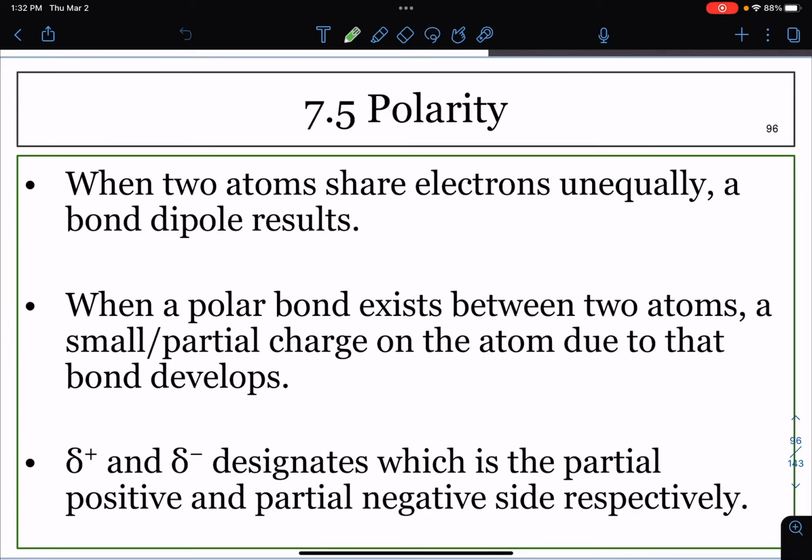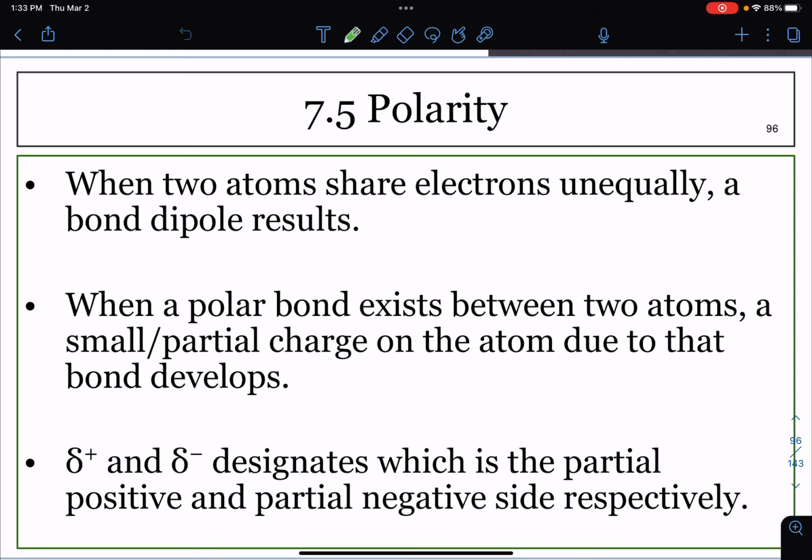In this video, we will discuss molecular polarity. We learned in 7.2 that when two atoms share electrons unequally, a bond dipole results. The more electronegative atom in the bond has a higher ability to attract the electrons to itself than the lower electronegative atom. So, we have more electrons hanging around the more electronegative atom. Because electrons are negative, a partial negative charge results on the more electronegative element, and a partial positive charge results on